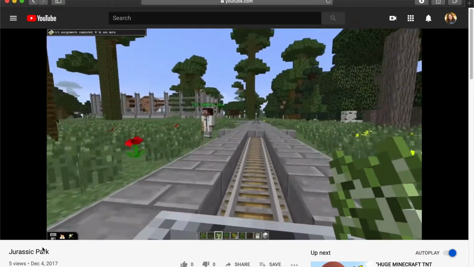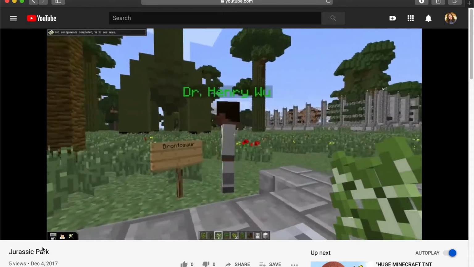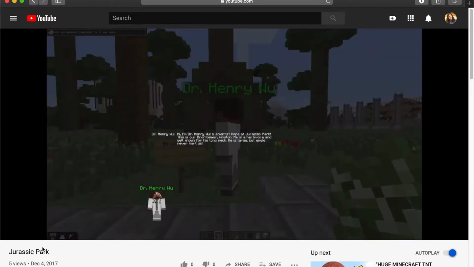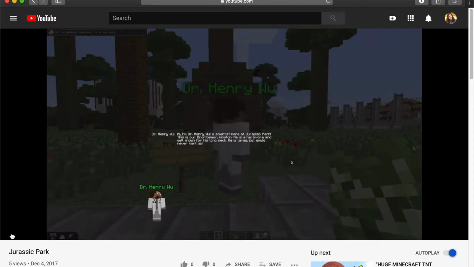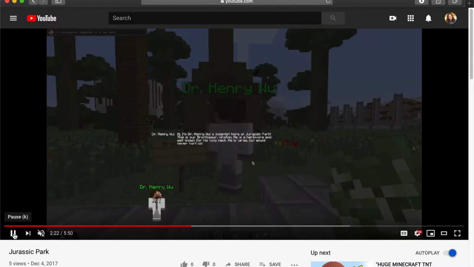So right here is our first scientist, and we are at the Brontosaurus stop. This is Dr. Henry Wu. He's a scientist, and he would talk more about this herbivore, and the students here would get out, and we